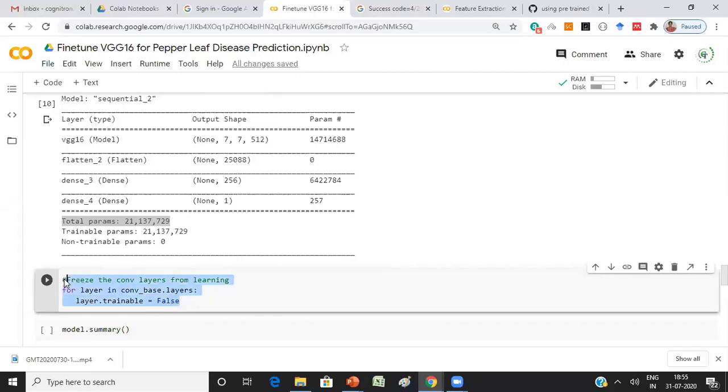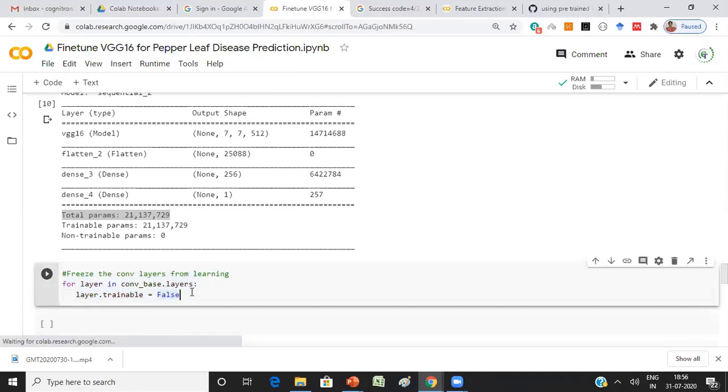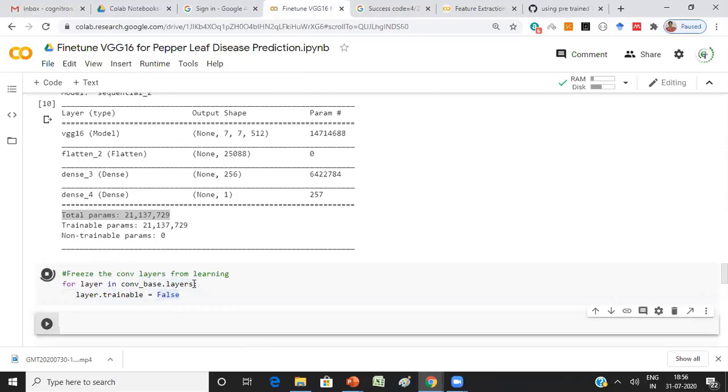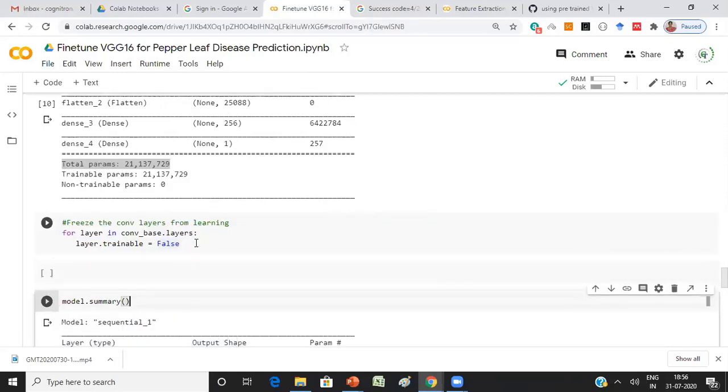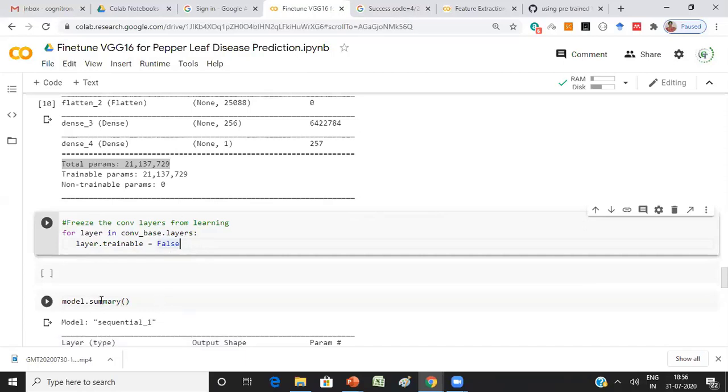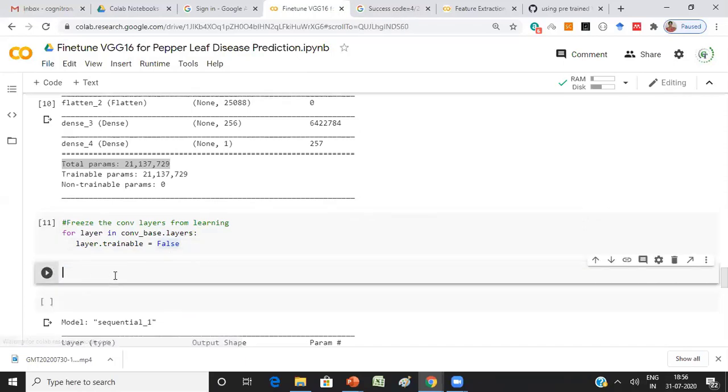That means you are making that particular layer non-trainable. That is how you can freeze specific layers of your network. So let me run this code. After freezing the layers, we will see the summary of the model and see the difference between the earlier model and this model.